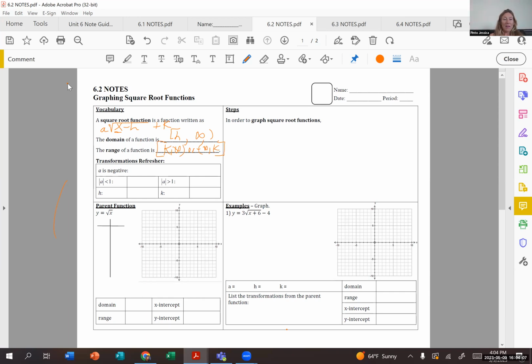So if a is negative, that means that we reflect over the x-axis. And you'll need to fill this in according to what happened in 6.1. You should have all that refresher information. I just want you to fill it out again on your own. And then we're going to specifically look at